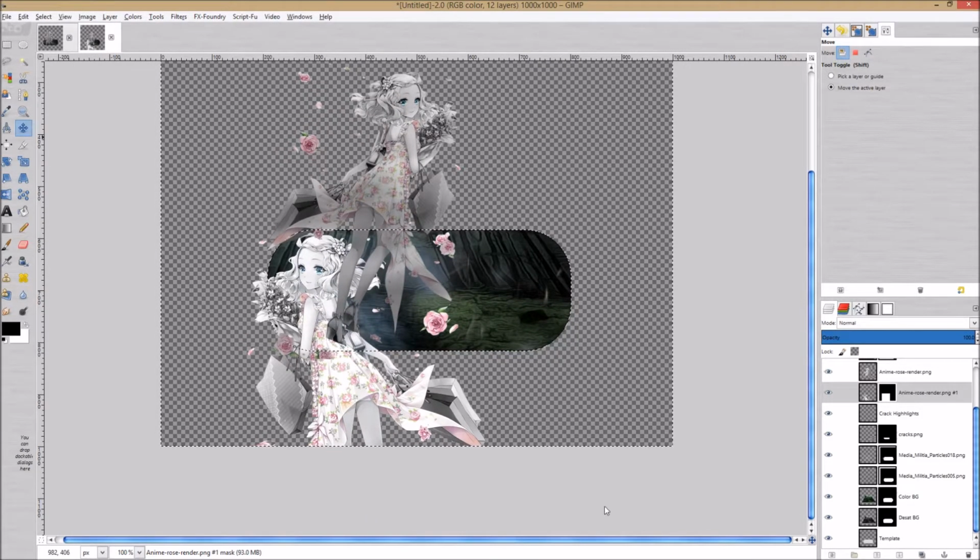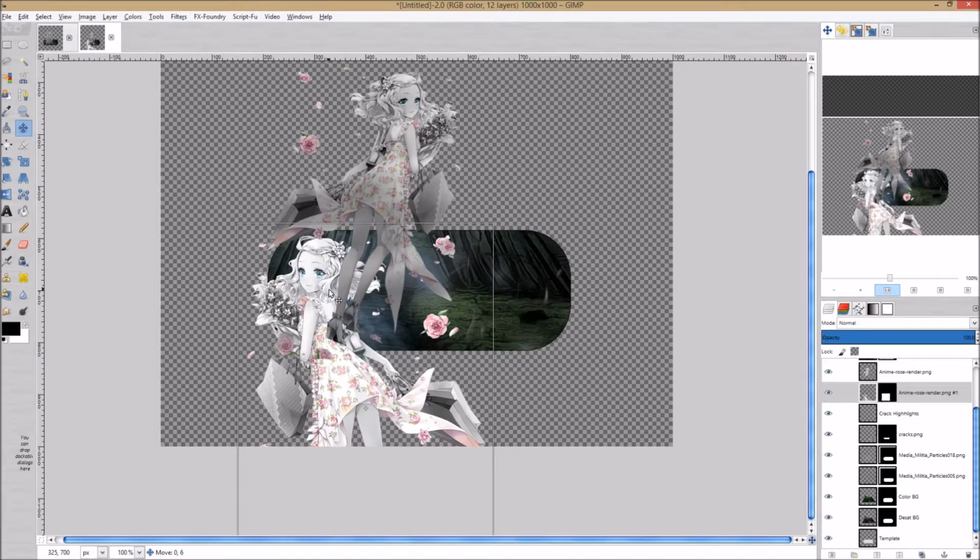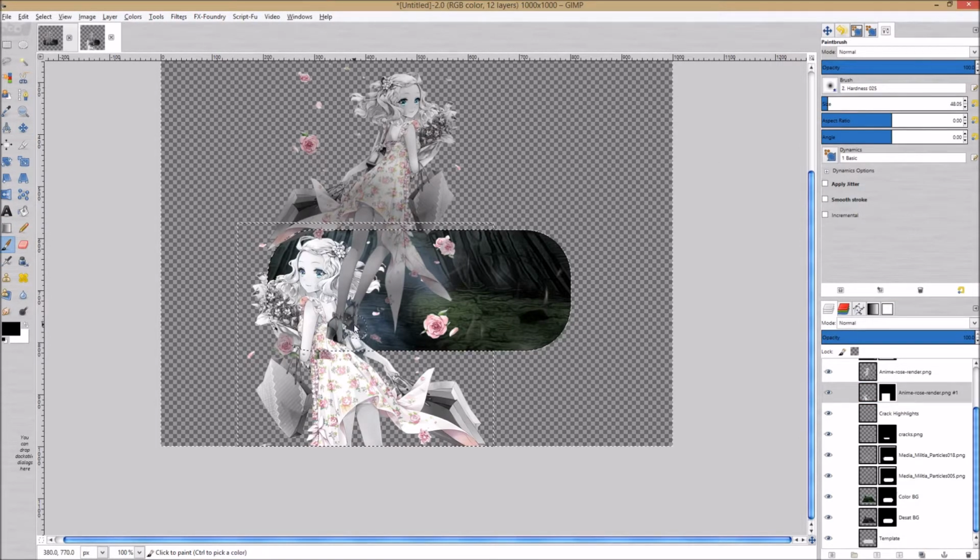If you don't have that, like I said, you could use down here to pan, or you could bring up your navigation window, or you could press spacebar on your keyboard, and that allows you to pan also. So let's go ahead and click on her and make sure we have her where we want her. Just like that's fine. Back on our mask,